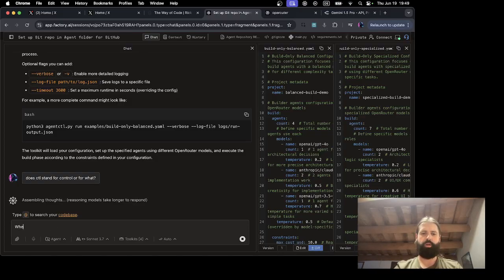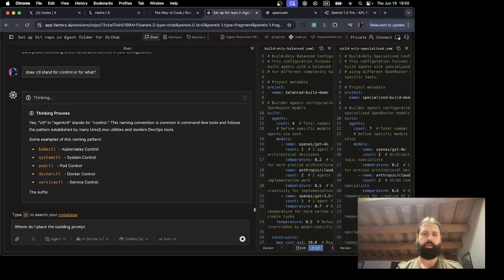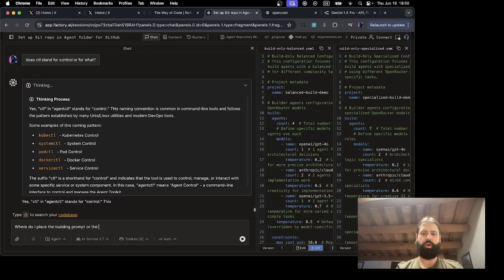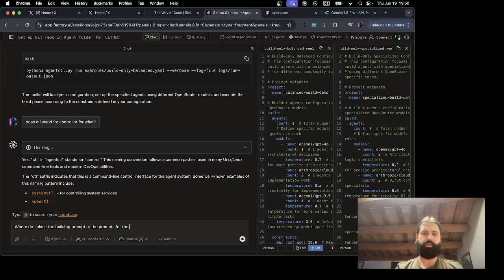Where do I place the initial prompt, the building prompt, or the prompt for the builder agents?